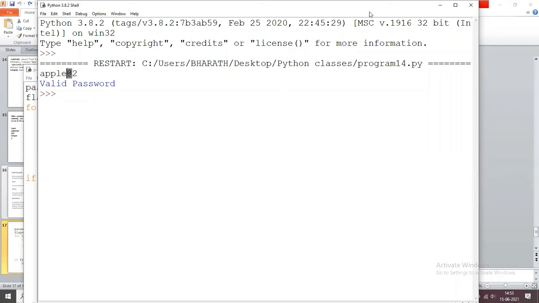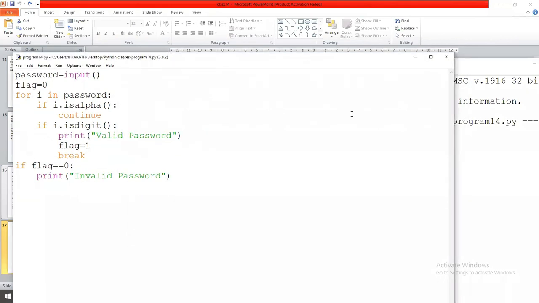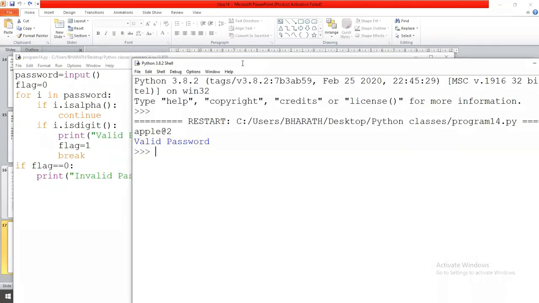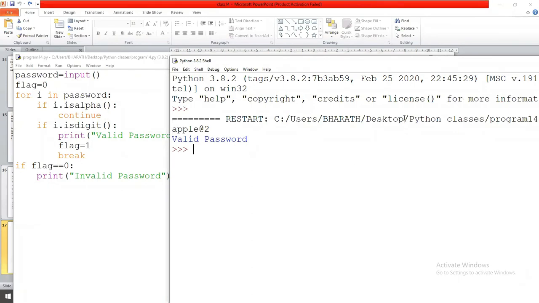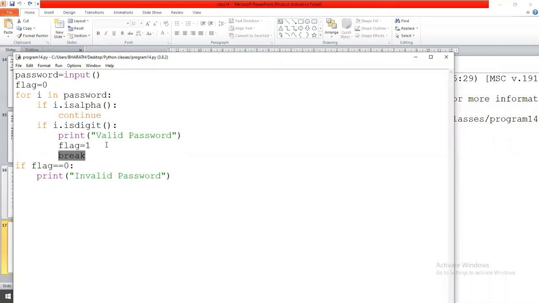As per our problem, you don't write any function to find the special characters. Okay, I understand. If I give apple2@, whenever the 2 is encountered, automatically the loop will be terminated. If you write apple@2, then at the time of @, these two functions are false. We go to the next iteration.